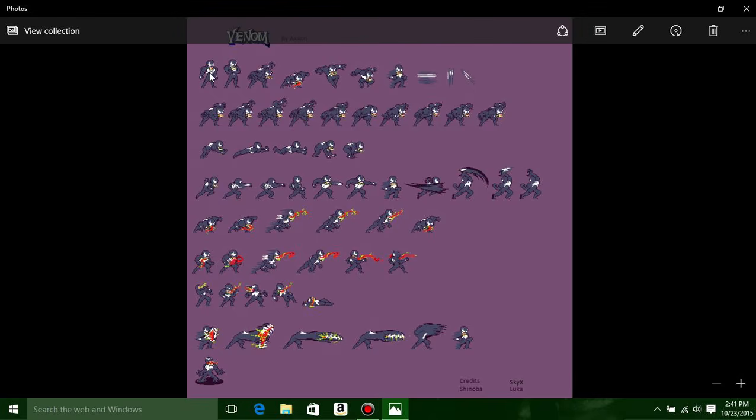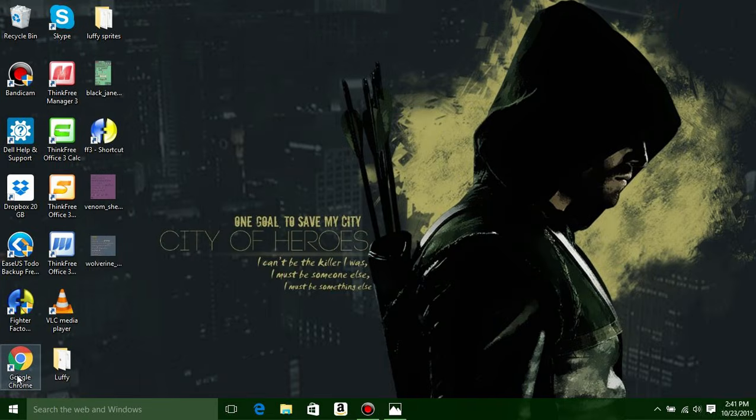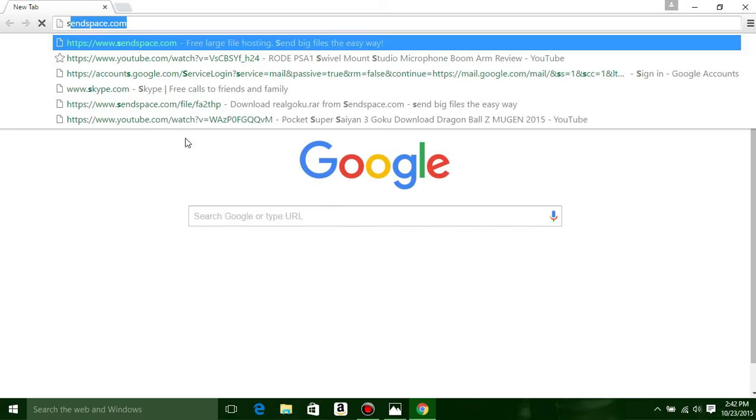This is a sprite. Alright, so this image is a sprite, and this entire document is a sprite sheet. I got this sprite sheet of Venom from Deviant Art, and that's a good source for getting sprites. Another good source would be Sprite Database, which I will show you right now. Just go to Sprite